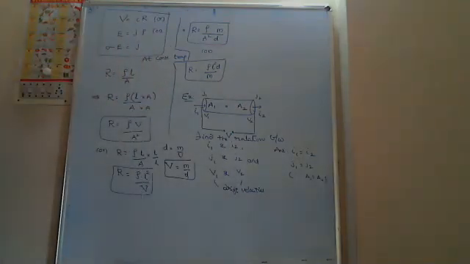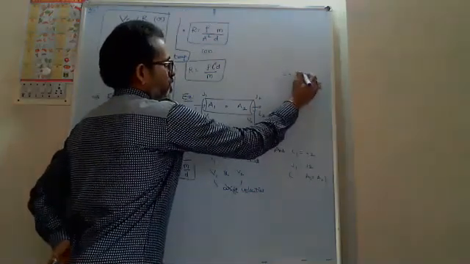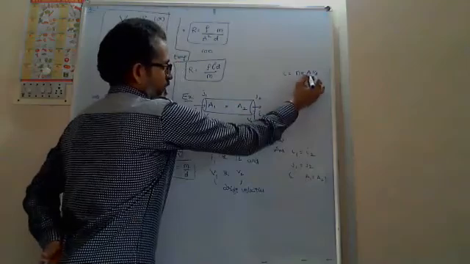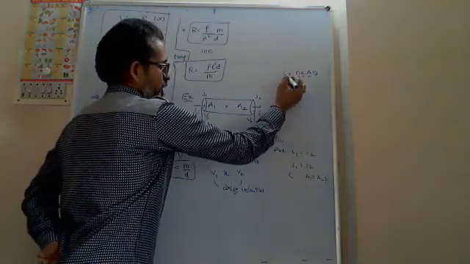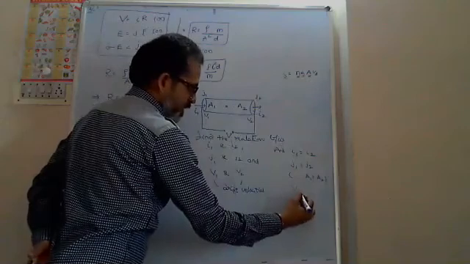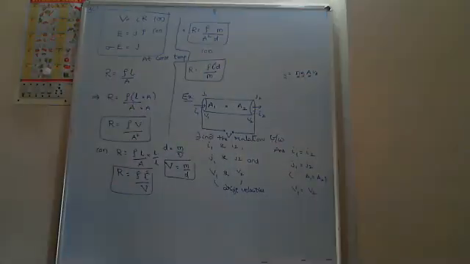Sir, if current is the same, then velocity V1 is also equal to V2, sir. Yes. Why? Because according to the formula, I is equal to n e A v_d. From this, A, n, and e are constant. You concluded that I is constant. Therefore, v_d is also constant, V1 equals V2. Okay, so tomorrow we will continue this part, if I take a non-uniform cross-section wire.